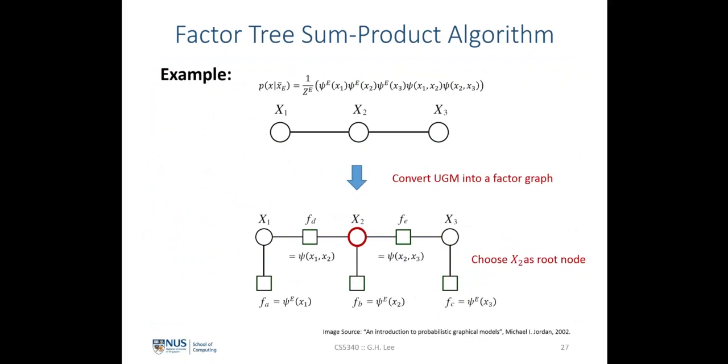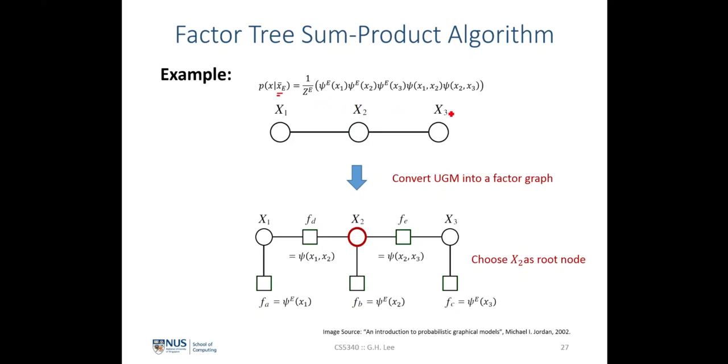An example would be a 3 random variable undirected graphical model, which is a chain undirected graphical model shown in this figure here. So the conditional probability of x conditional upon x evidence, which means that we could observe some of the random variables in this case over here. So we've seen this notation in the previous lecture, and this is given by this potential function, where Ze over here is the partition function taking into account the evidences, and it consists of the unary as well as